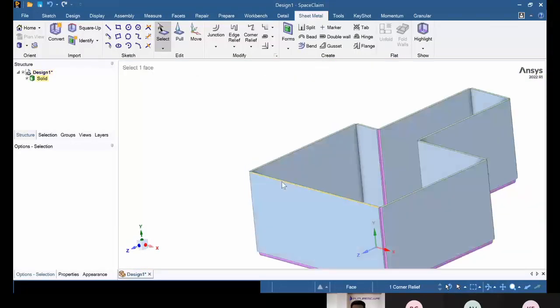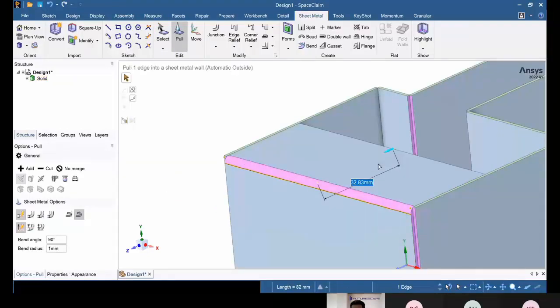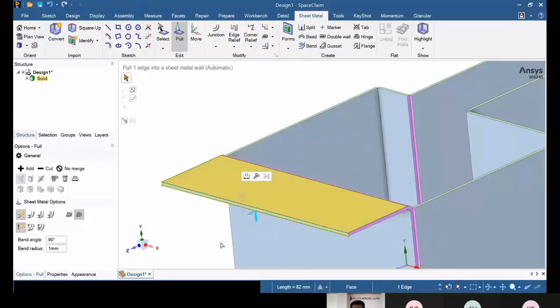Once I'm done with it, say I want to add more flanges, I can just click on the edge and go to the pull tool, and I can again create a flange over here. Say I do not want to create a flange on all of the edge, the complete edge. Then I have a little